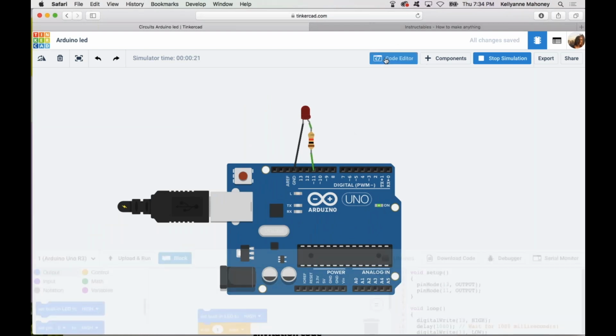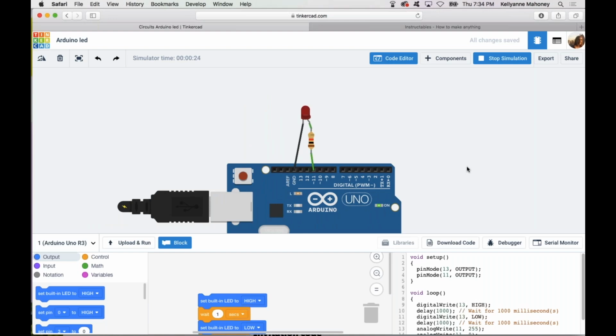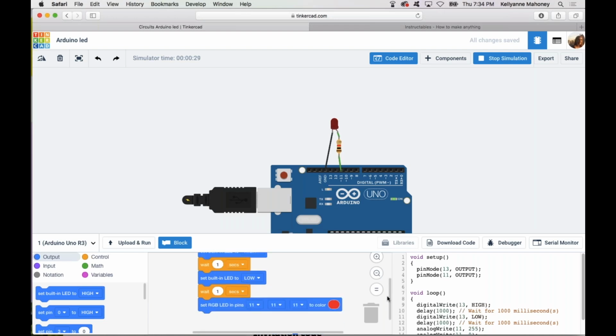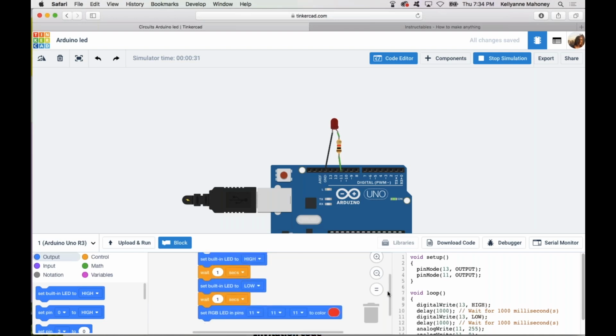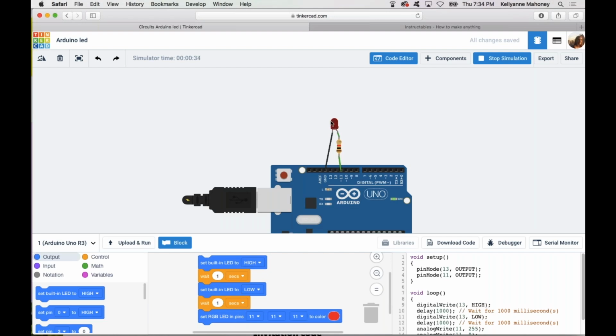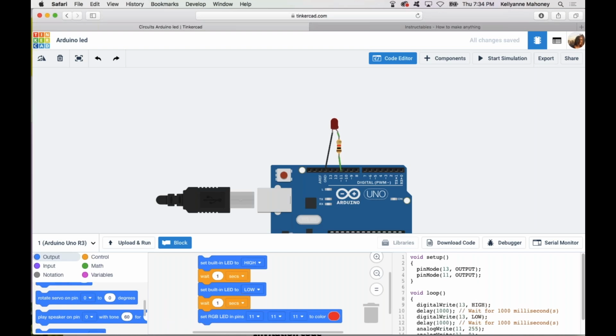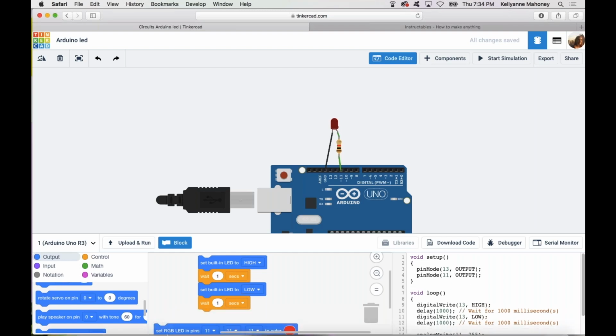I went into the code editor. This is brand new in Circuits, that we have these block-based code, these visual coding blocks, kind of similar to what you'd see in Scratch. So how I got this light to light up is I went in here and I grabbed this block. This block had been in here, and I connected it down here. And then all I needed to do was change the number to 11 because I had wired this pin into 11. So I just changed it to 11, and if I took this block away and I simulated it,